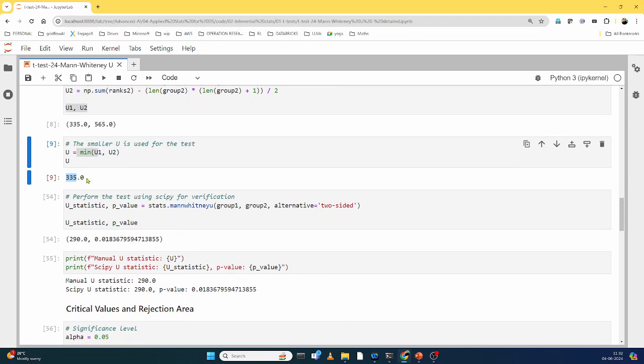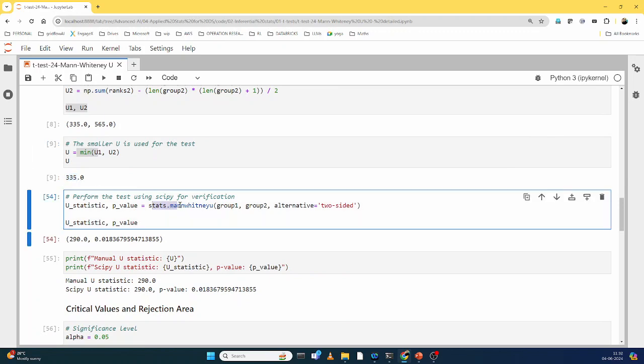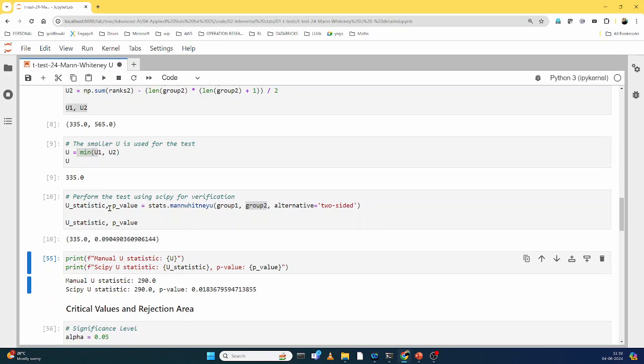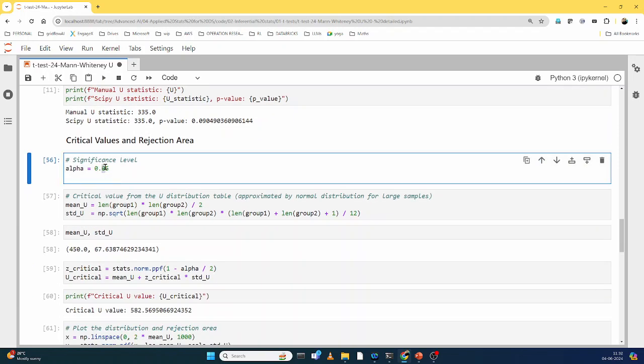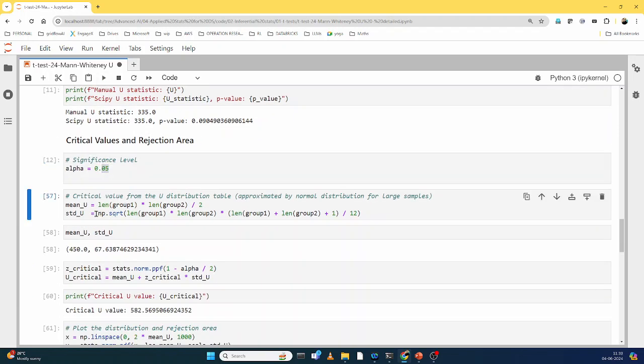Now we can validate if 335 is right by using the Mann-Whitney U function directly, and we use group 1, group 2, and the alternative is two-sided because this is going to be a two-tail test. That returns a U statistic, which is the same as what we got by manual computation. And the p-value can also be used for the conclusion. If this p-value is higher than 0.05, you will not be able to reject the null hypothesis. All right, so the alpha is, let's say, 0.05. And since this is a normal distribution,